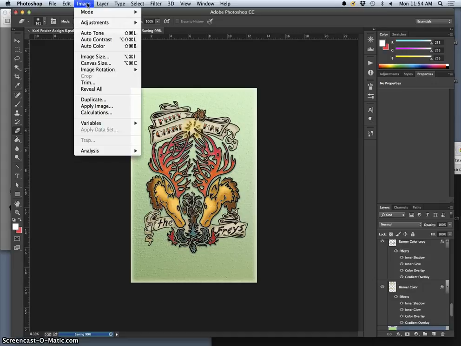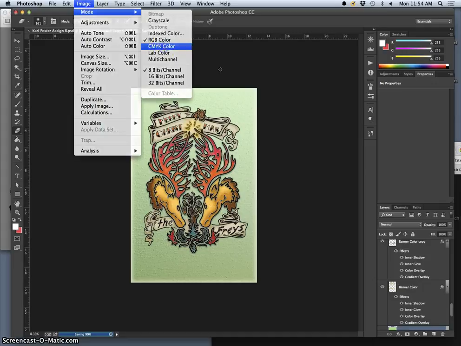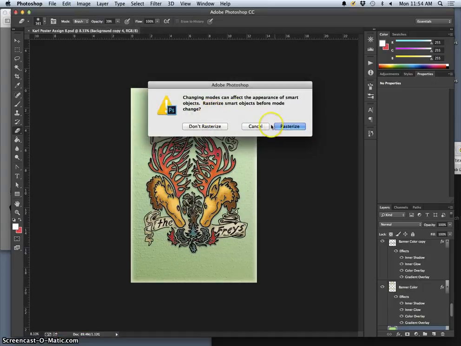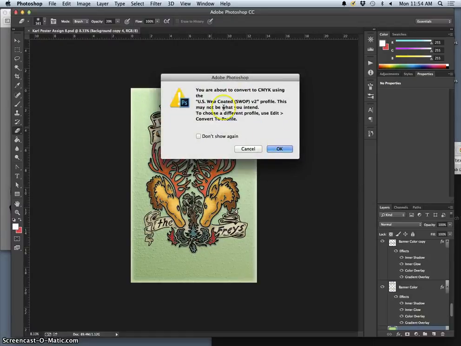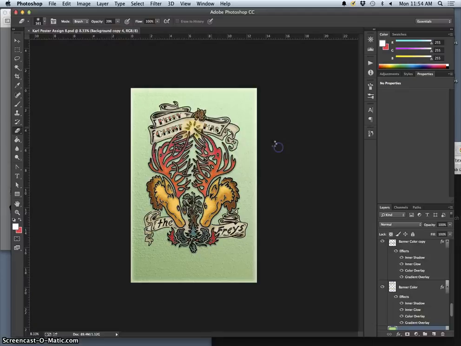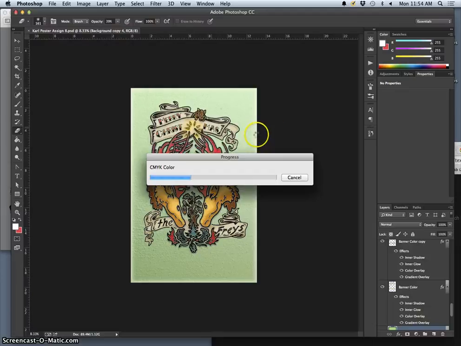So what that looks like is going to image mode and then changing it to CMYK. In order to do that, I can rasterize my smart objects if I want to, but I'm not going to. And I can flatten it if I want to, which would save a lot of space, but I don't want to flatten it, not yet. And then there are different printer profiles, but I'm just using the default. And basically,